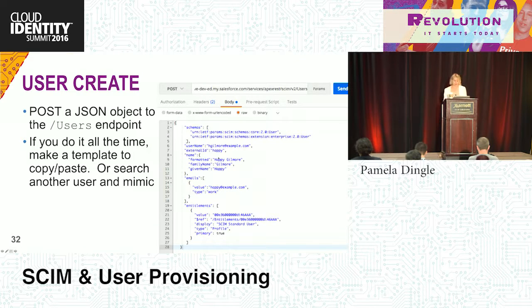Literally we're going to create an object made out of JSON that's got some attributes about a user. We're going to throw it in the body of the request. We're going to change the mode of our fetch to a post. We're going to make sure we have our authorization bearer header, and we're going to submit it to the SCIM endpoint and create a user.